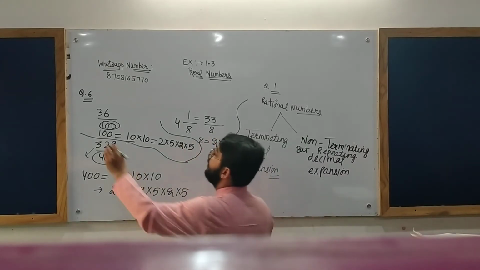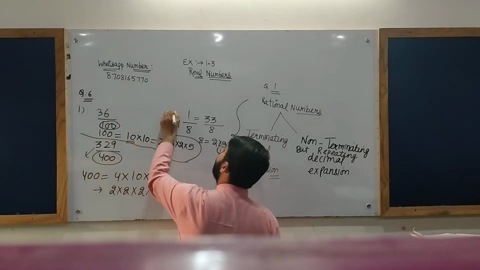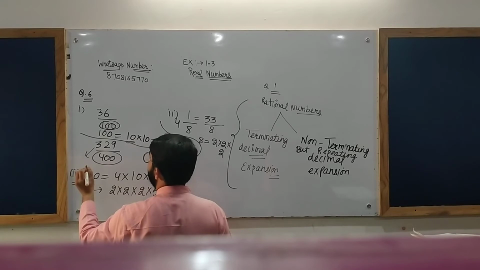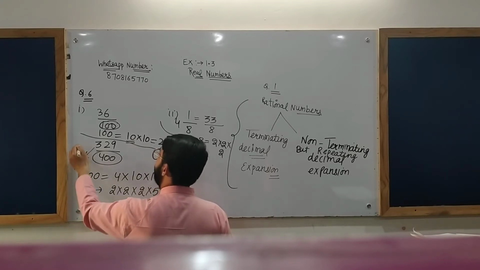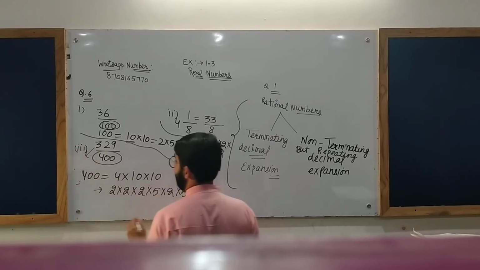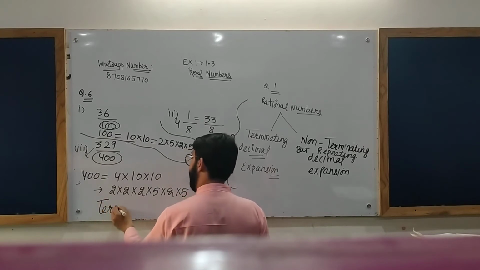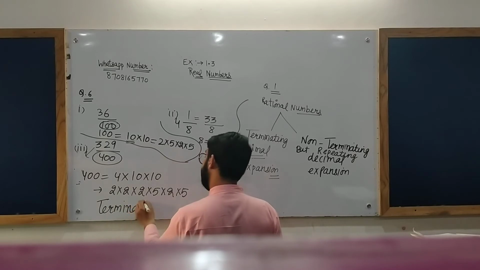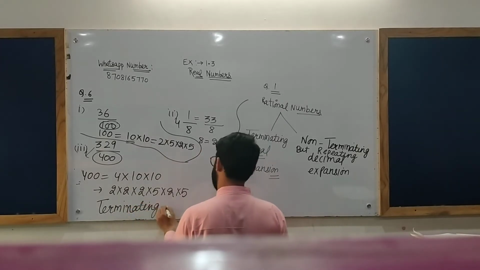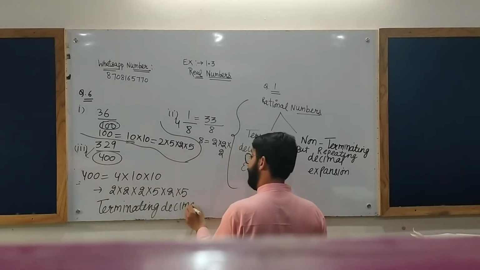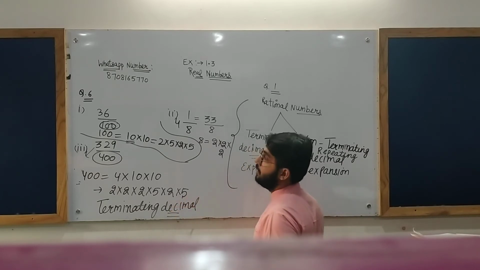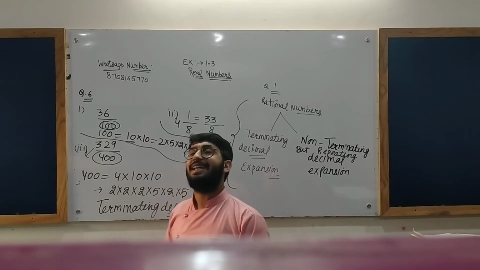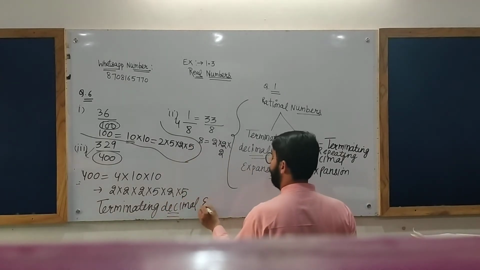Now all these three rational numbers, we know from question number 1, have what decimal expansion? Terminating decimal expansion. Yes, from question number 1, we know that the decimal expansions of all these three rational numbers are terminating decimal expansions. So now what are we to observe?